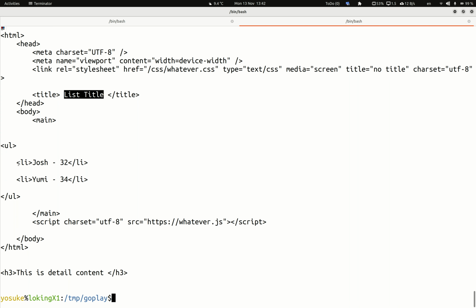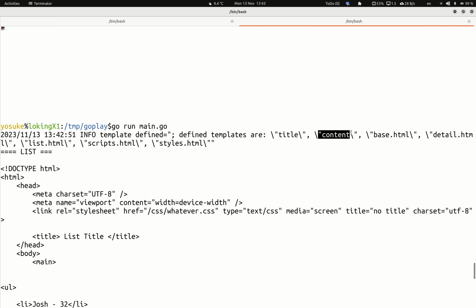As I've shown you, the reason why is that when we define a template with parse file and give the pattern, parse global, which calls parse file with a list of files, we've only defined one content and one title. So in our case, it has taken the one from the list, but we don't want that. To go around it, the workaround is to use what we call a map, a